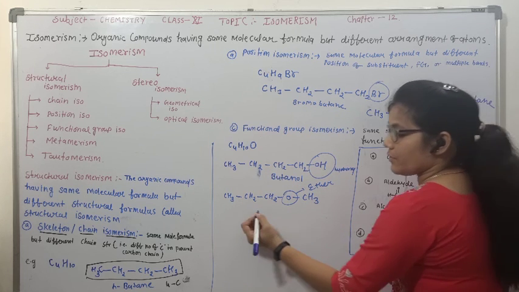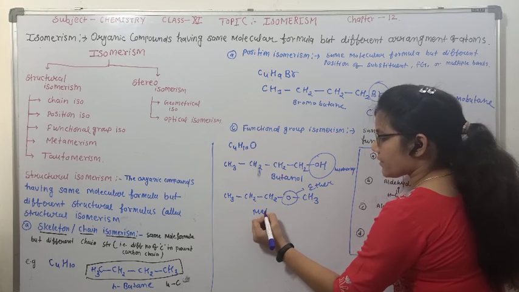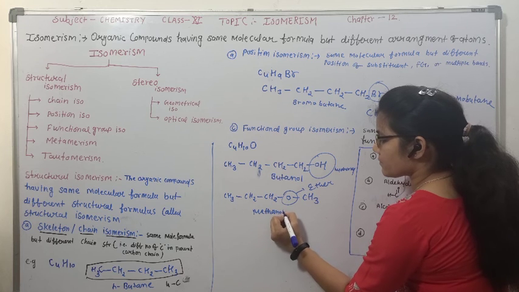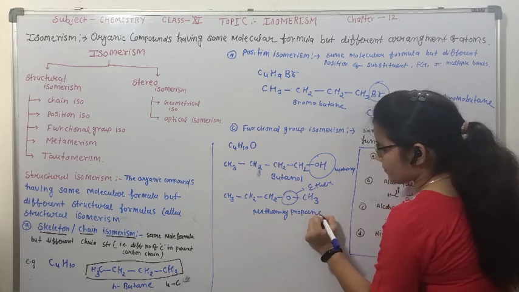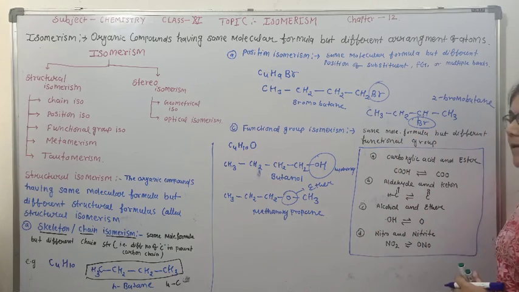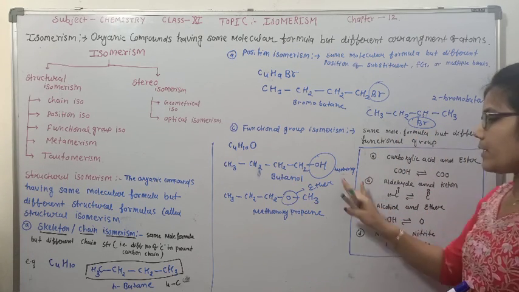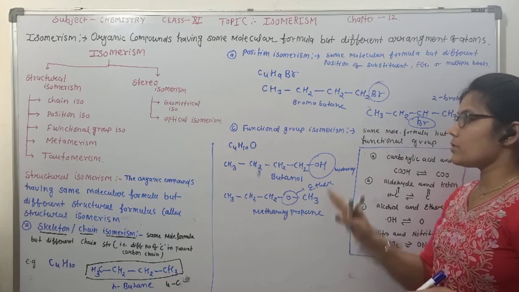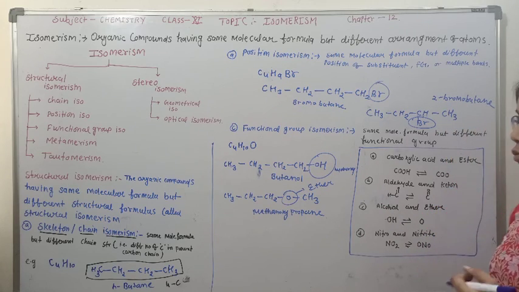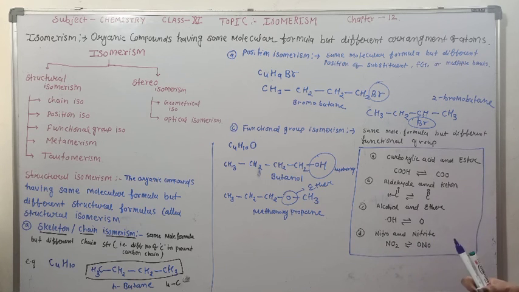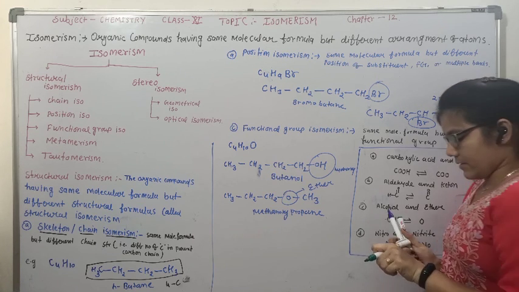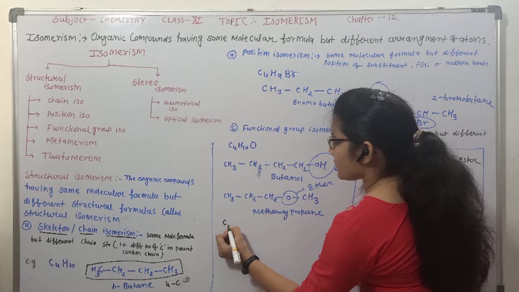Okay. So this compound is methoxypropane. The compounds having the same molecular formula but different functional groups are called functional group isomers. One more example, let's practice. We are taking